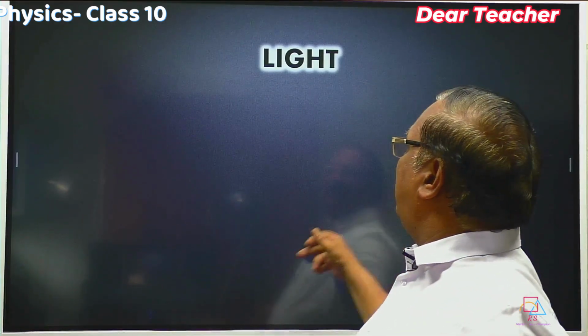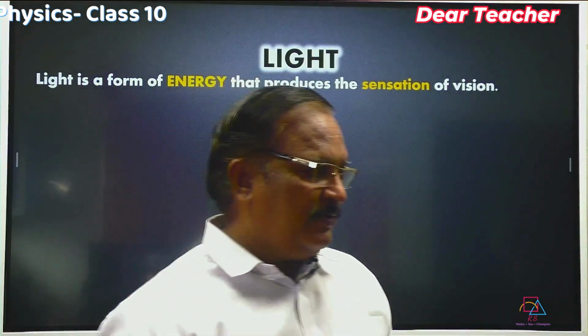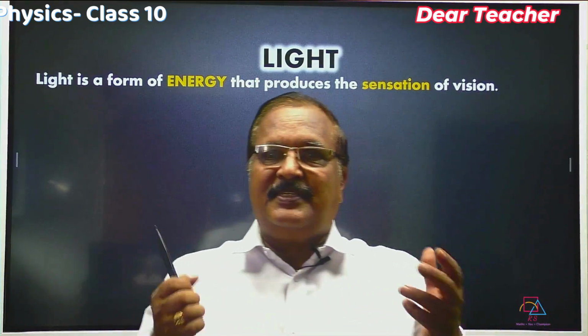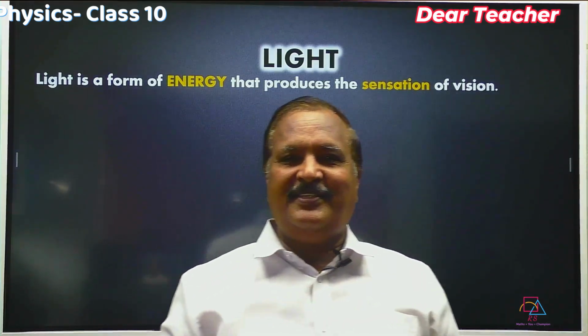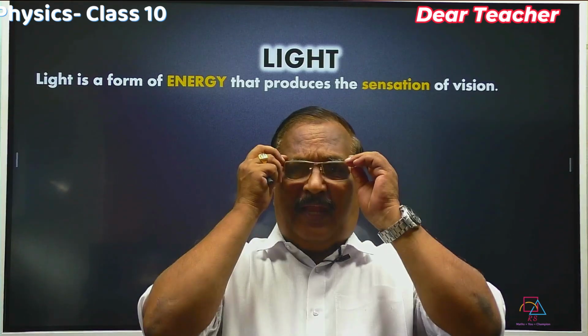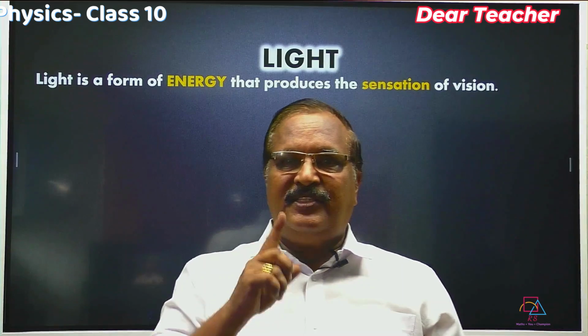I am going to start the chapter Light of 10th class. So let us understand first, light. What is light? Light is a form of energy. It is a form of energy, and it produces a sensation to our eyes. If our eyes are not functioning, then we can't feel the light. So light is a form of energy, and also it gives sensation to our eyes,